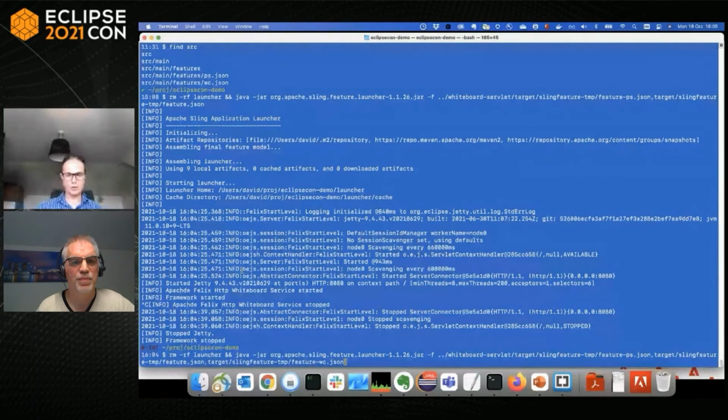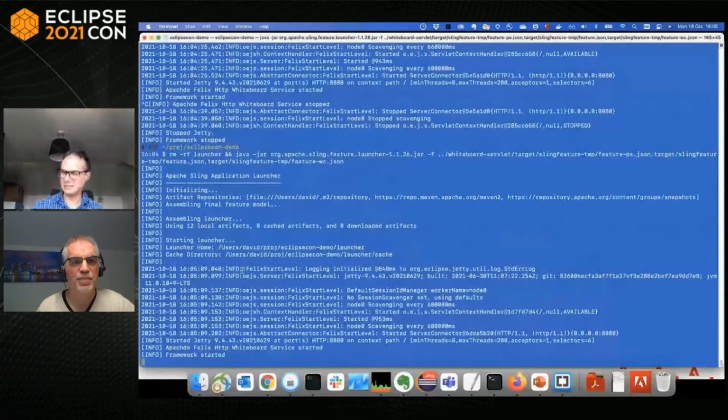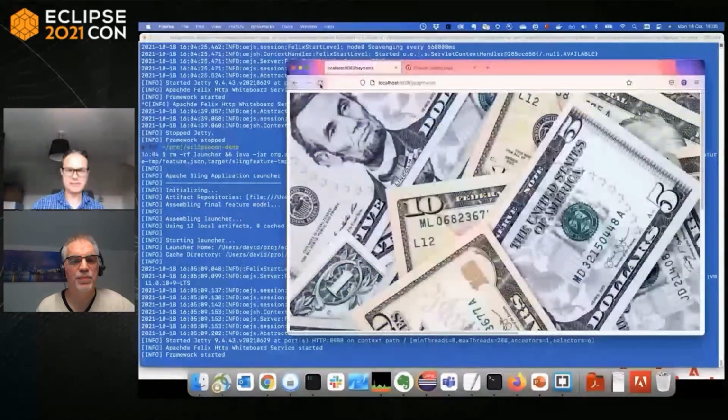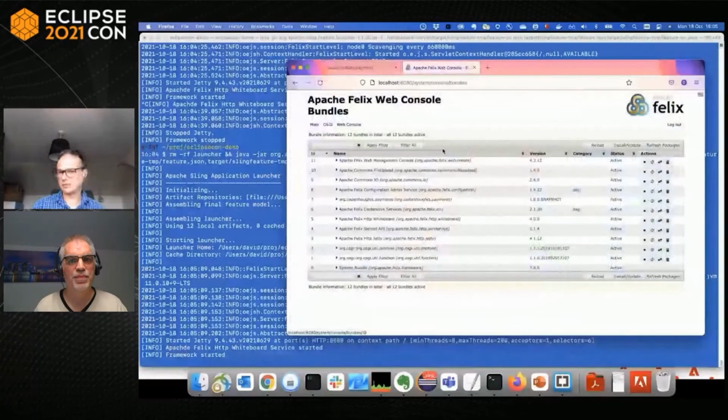So basically I'm composing my system together from 3 features, 2 of which are more or less totally independent. So let's see if my payment service works again here. Yeah, and now let's see if the web console is available as well. Yeah, it's here. So I can now do my troubleshooting